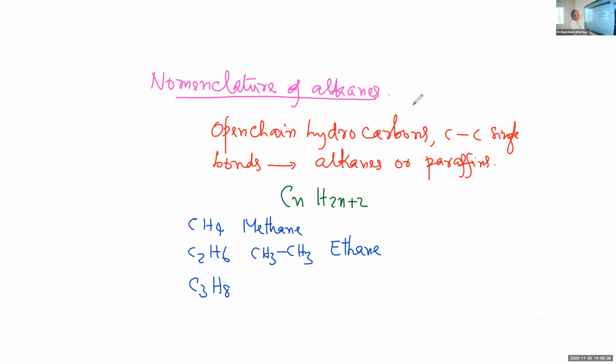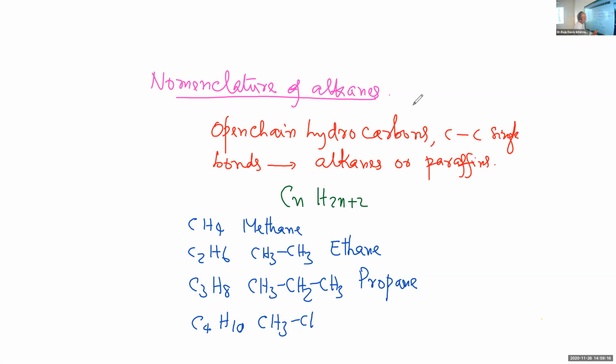C3H8. And the structure is CH3, CH2, CH3. All are single bonds between the carbon atoms. And the compound, as you know, is propane. That's our propane. C3H8: CH3, CH2, CH3, propane. Onto the next compound: C4H10, and the structure